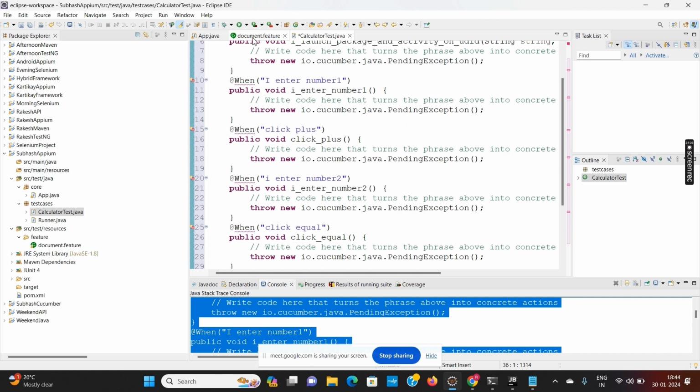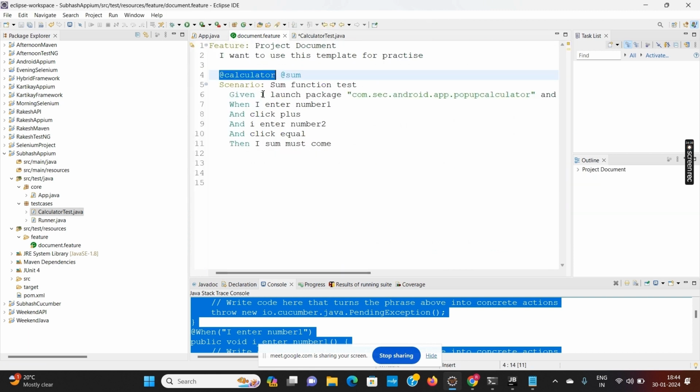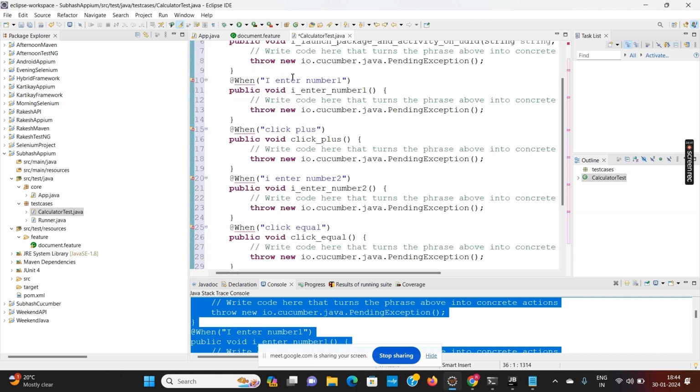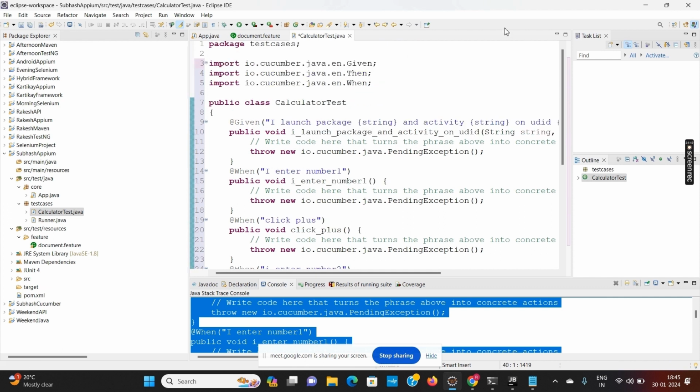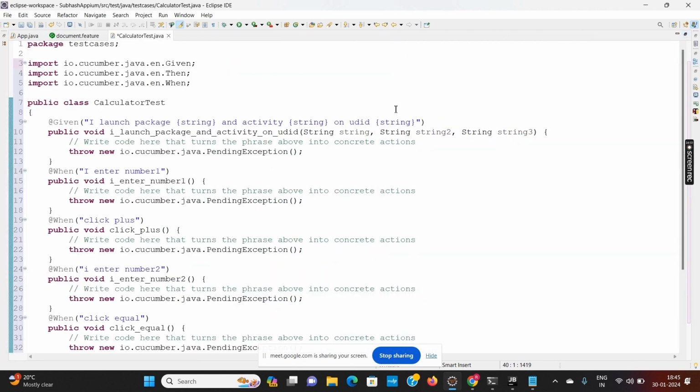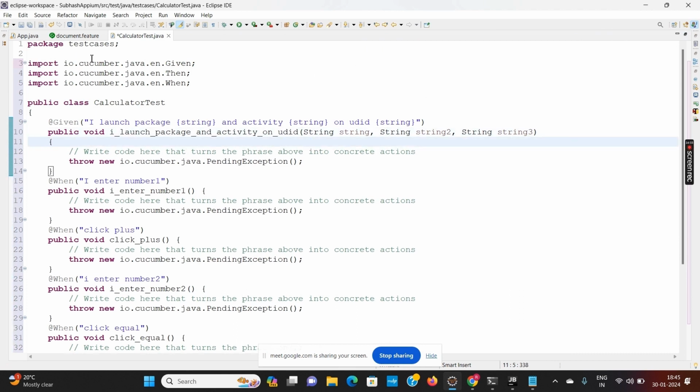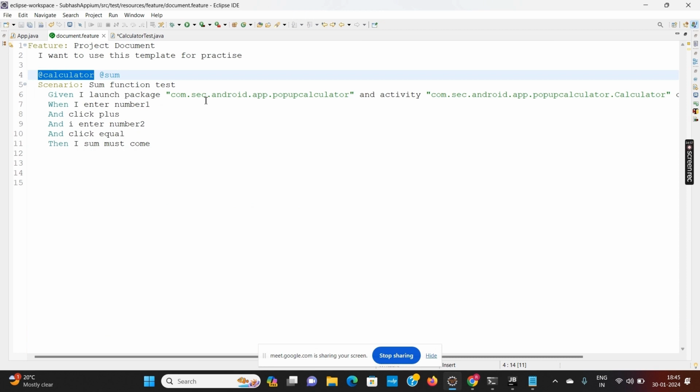So this particular document is converted to the step definition file. This is called the step definition file. @Given, @When, @Then, Control Shift O, and the package will be imported. And now it will take the data as parameters: package, activity, and the UDID.